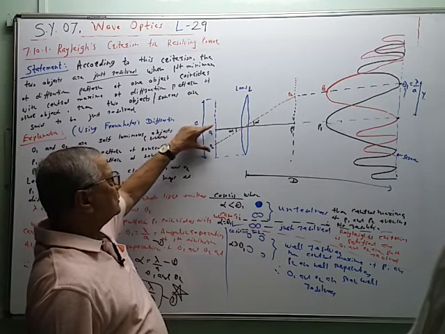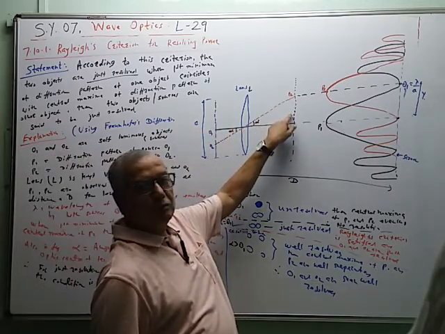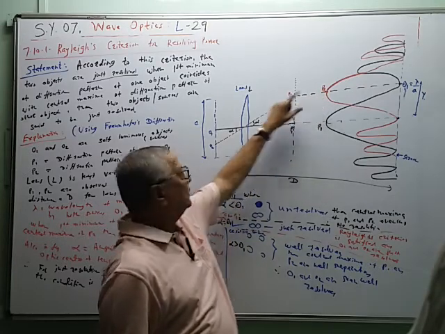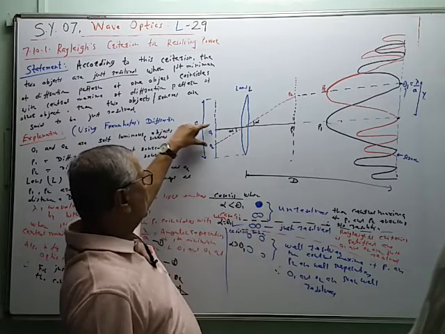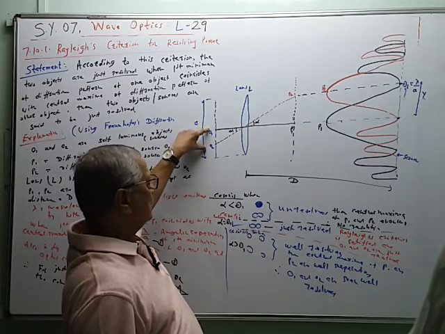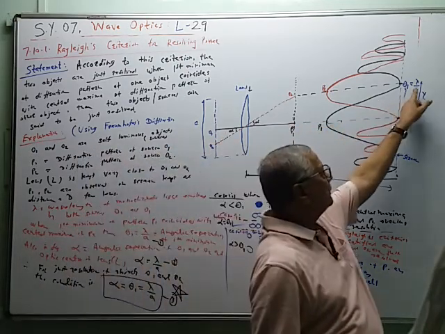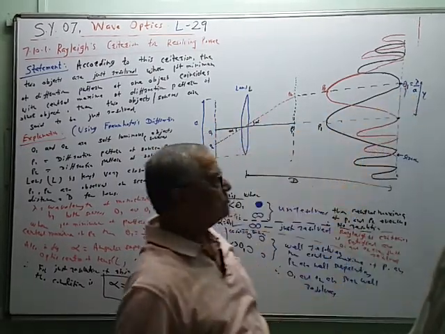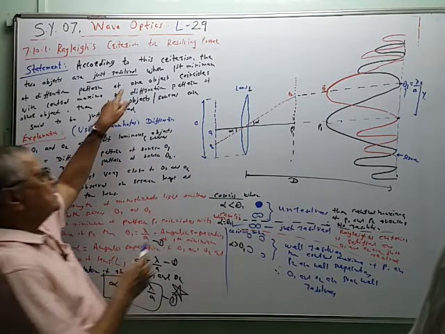Depending upon the separation between the two objects, if O1 and O2 are brought close to each other, then alpha will decrease and P2 will come down. So when P2 comes down, the central maxima of P2 and P1 will coincide with each other. This criterion is not satisfied, and the objects are not resolved. When O1 and O2 are separated like this, alpha is equal to theta 1. The angular separation of the two objects at the lens is equal to the angular separation of the first minimum of each diffraction pattern. Then this criterion is satisfied.